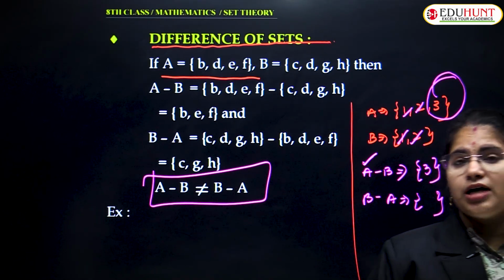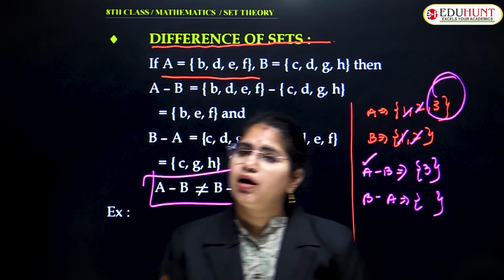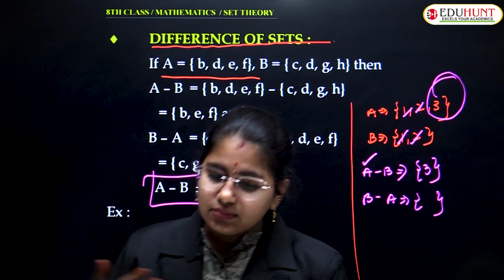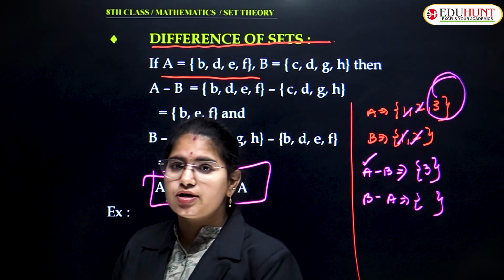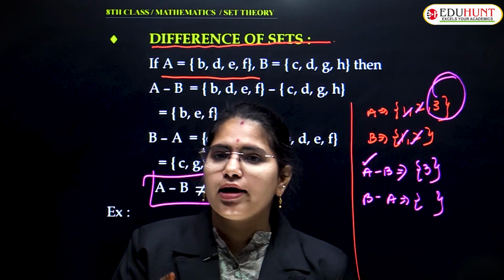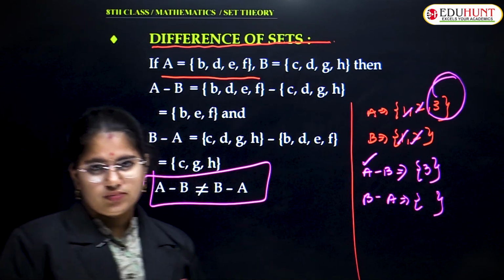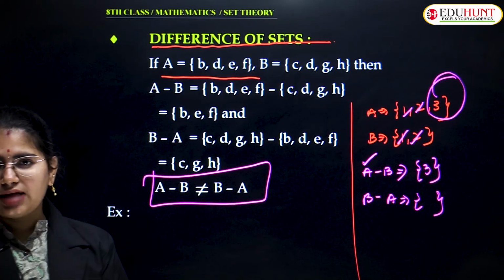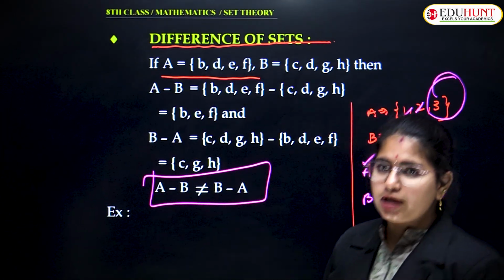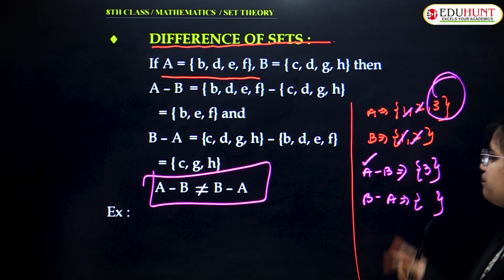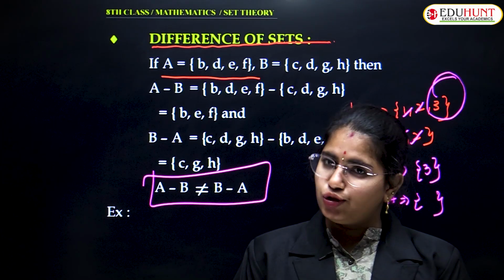Even you might have learned in your earlier classes that subtraction is not a commutative property over some topics, for example, in whole numbers and integers. Similarly, today you also proved that the commutative property is not satisfied over sets too, correct? So I have given a perfect example. You can take any example as you wish. So this is not a commutative property. Next, I just want to discuss some properties related to subtraction too.